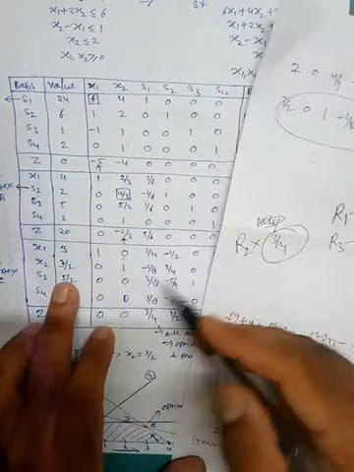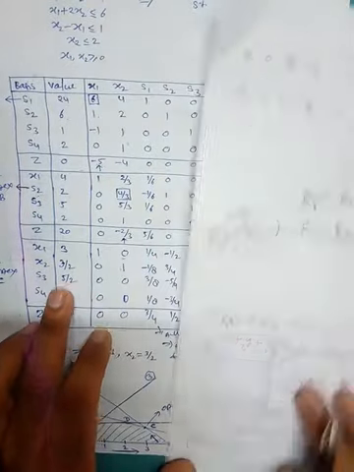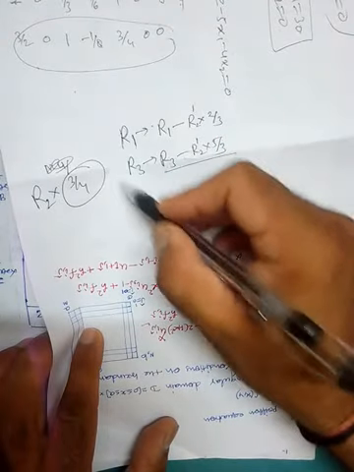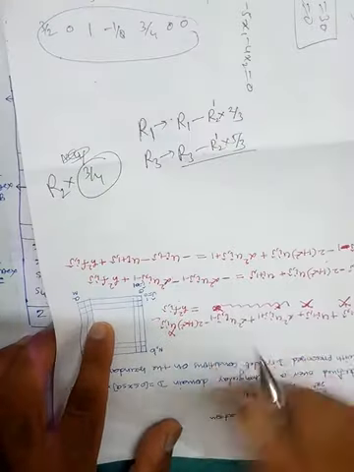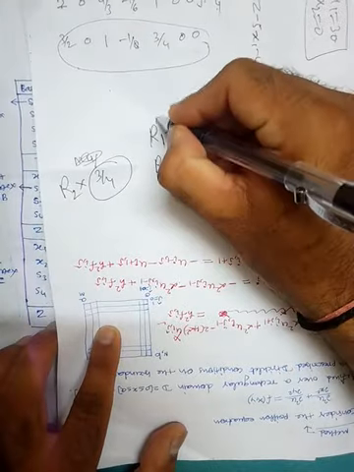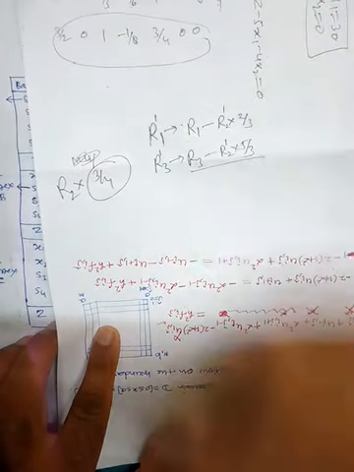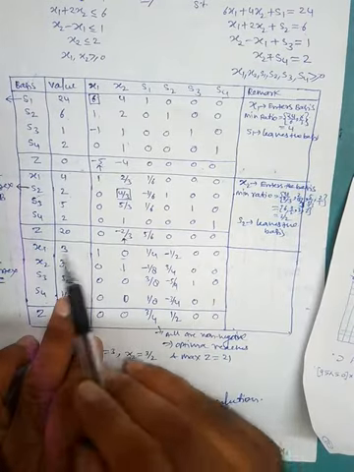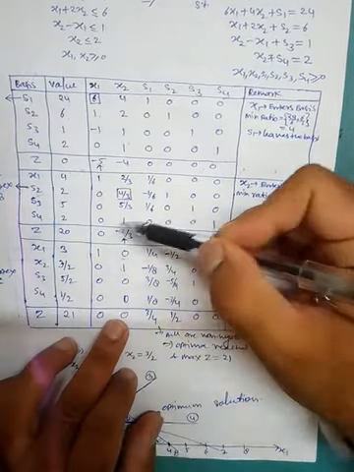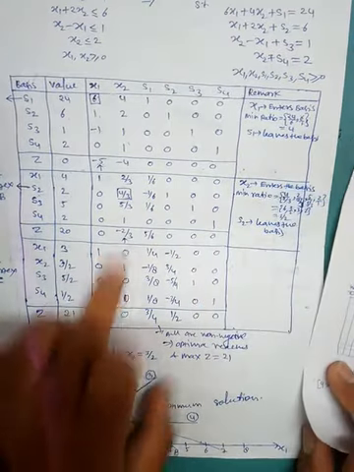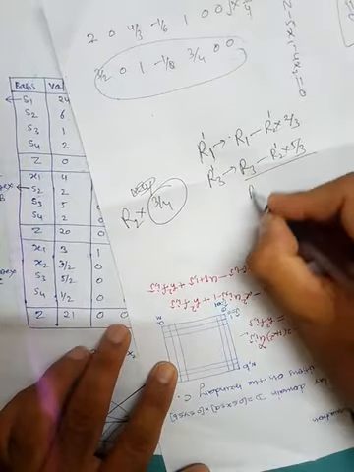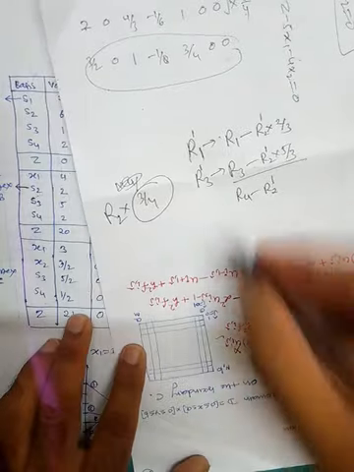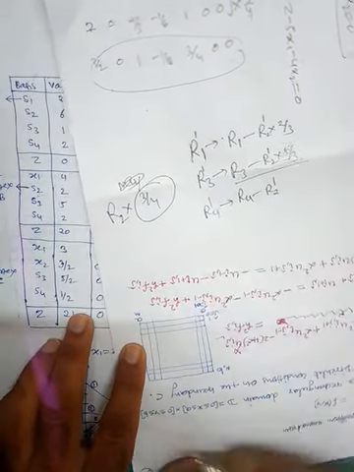Okay, R dash, this is R2, this is R2 dash. Perform this, and whatever you have done is the revised one. So you can say R dash, this will be R3 dash. So dash is written here. This is R3 dash, R2 dash, R1 dash. Similarly here we have 1, here is 1. So just subtract. That means R4 minus R2 dash, and whatever you have done is R4 dash. So this is the revised one.